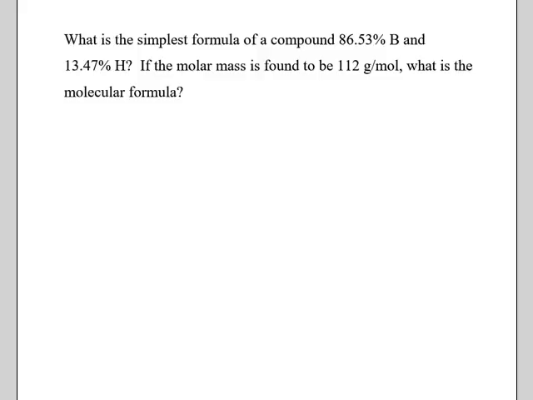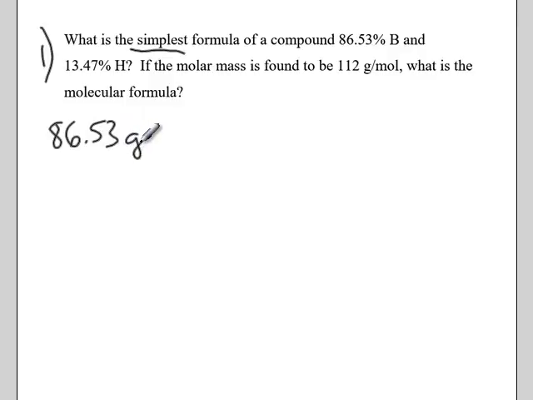So we can put all this together into a big problem like this one. First, we want to find the simplest formula. We're given the percent of boron and the percent of hydrogen, and then we're going to figure out the molecular formula. So first things first, let's find the simplest formula. And again, we're given percentages, so I'm going to assume I have 100 grams total, and that makes my